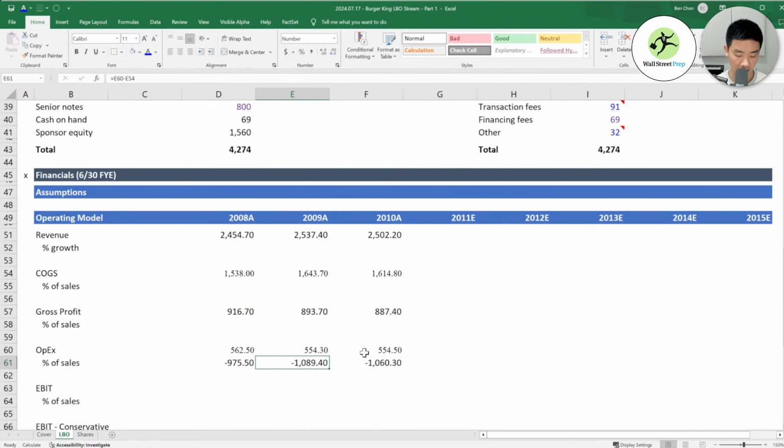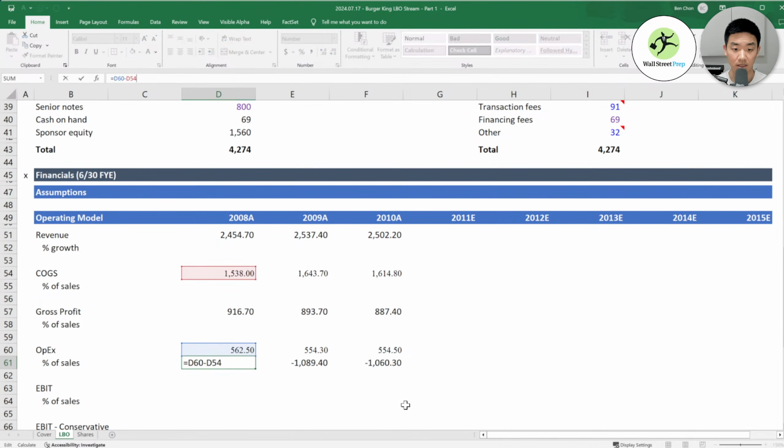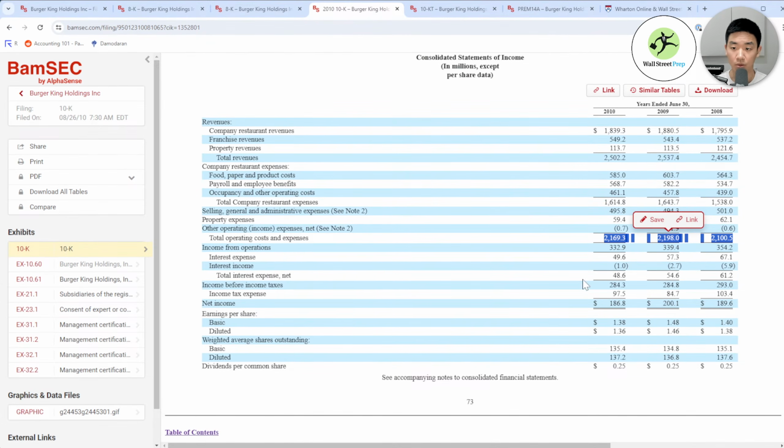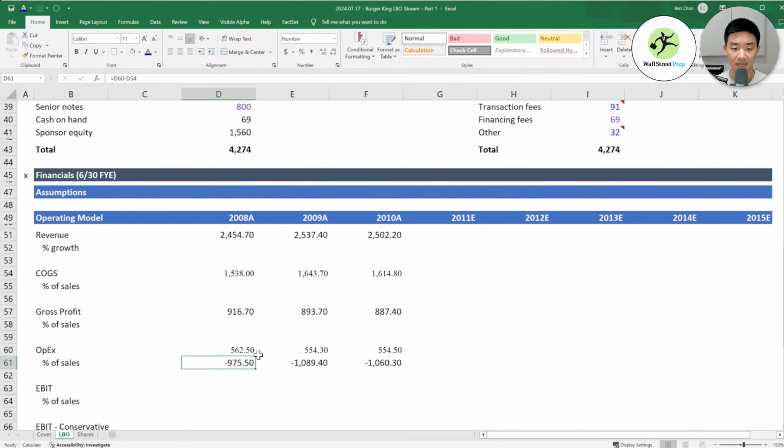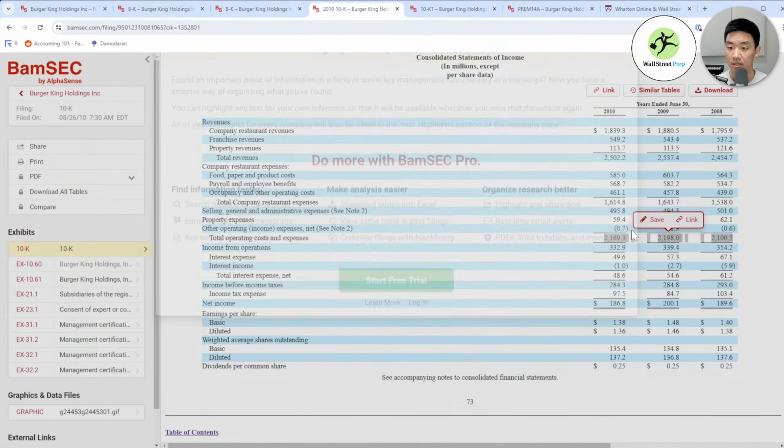There was some way I changed the color, which would save me a lot of time if I knew how to do that. Okay, whatever. So what I did was I copy pasted the total number here, and then I subtract. I can't control Z back into it. Okay, I'll do it again.